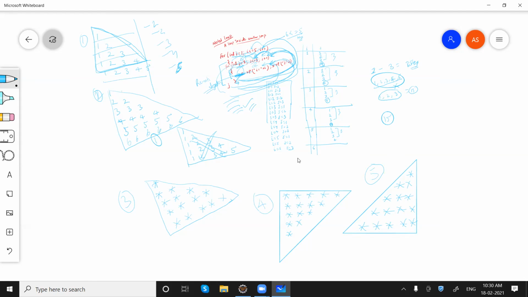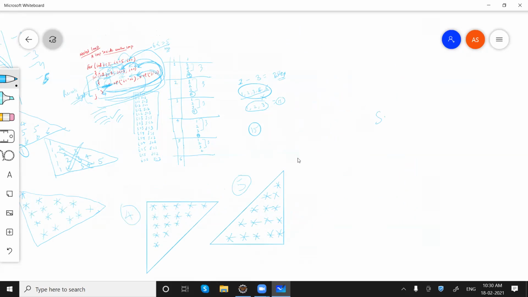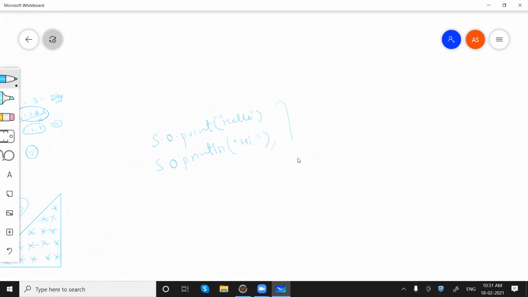I have one question. Yes, please ask. Why did we use print and in the second line we use println? Very good question. For example, I am saying system dot out dot print hello, right? And then I'm saying system dot out dot println hi. Okay. So in this case, what will happen? The output would be like hello and hi,